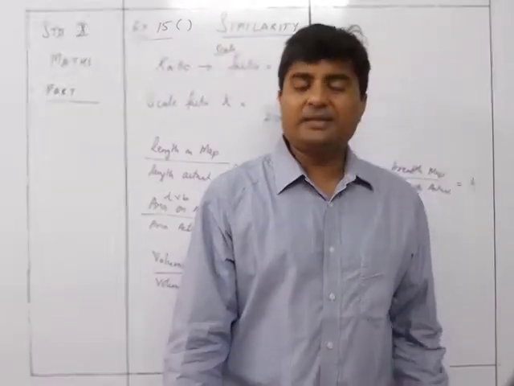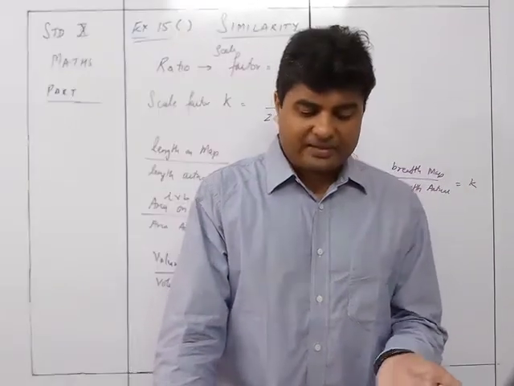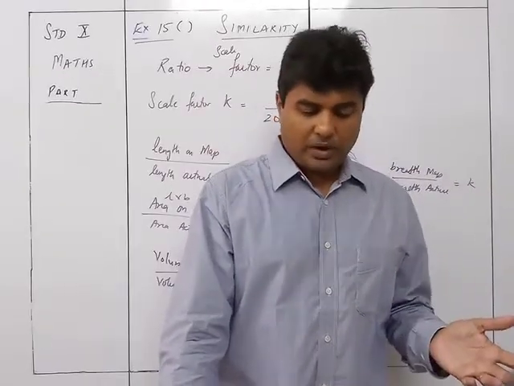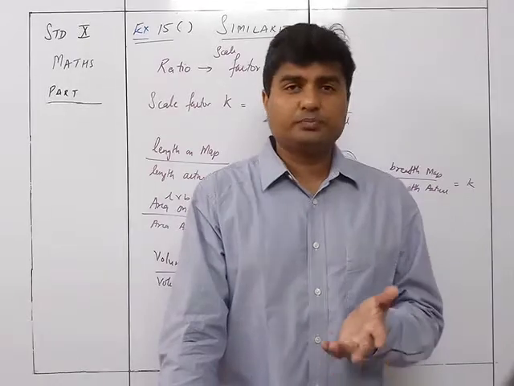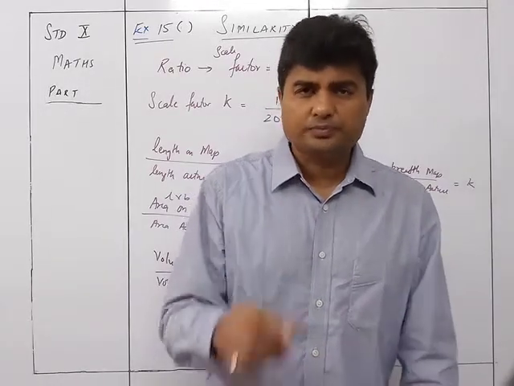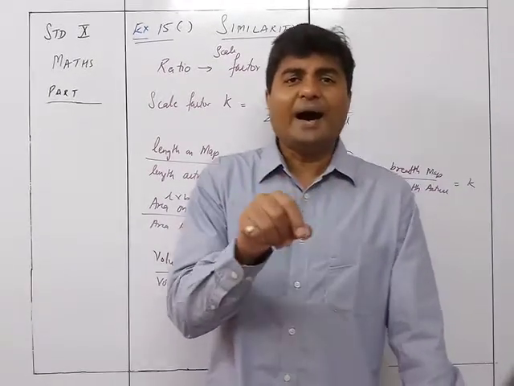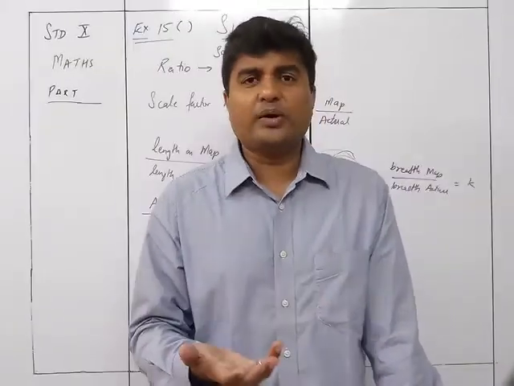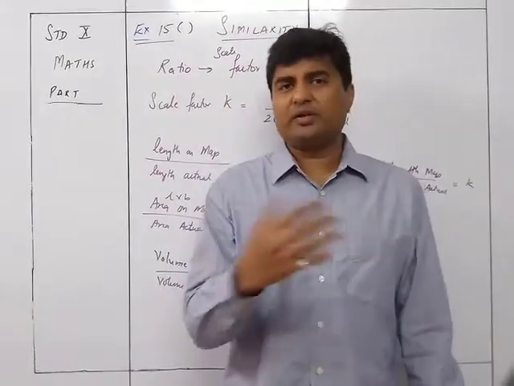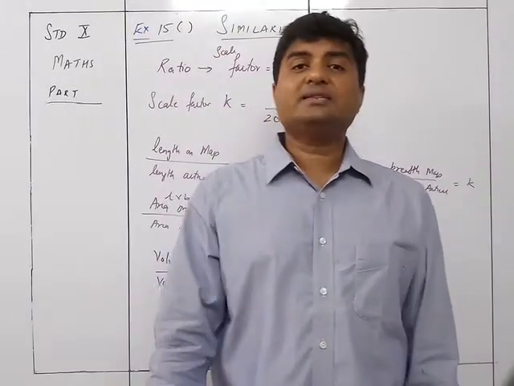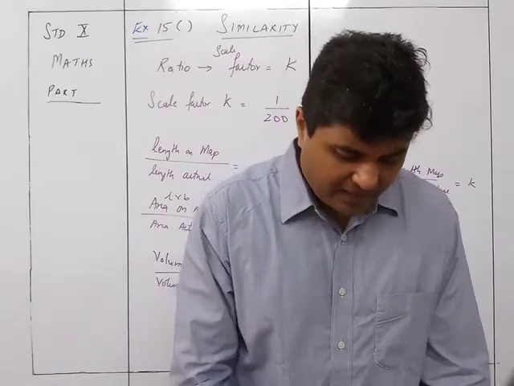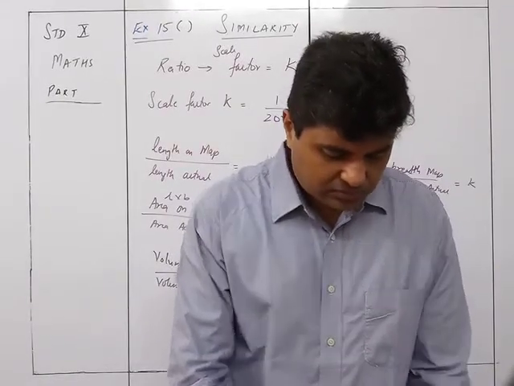So they will give you an example like this: a model of a ship, a scale is 1:200, or the map is 1:50,000. तुम लोग जब भी topography करते हो तो उसमें नीचे जो RF scale लिखा रहता है, that is nothing but the scale we are talking about. The RF scale is 1:50,000 या 1:40,000 जो भी है, that is the actual scale factor. So very easy part we have got over here.